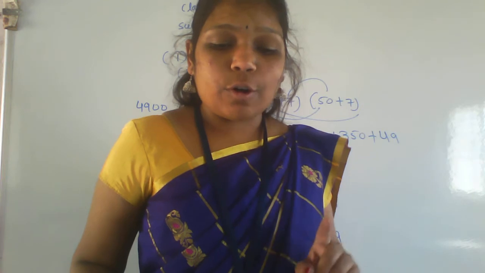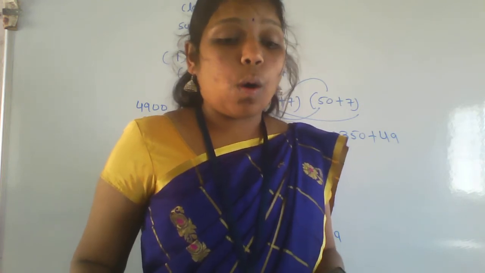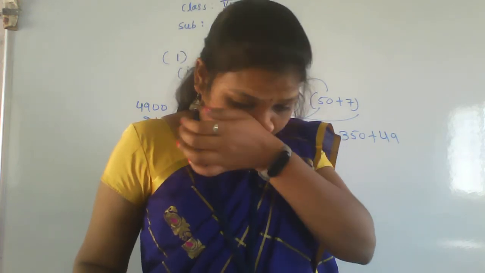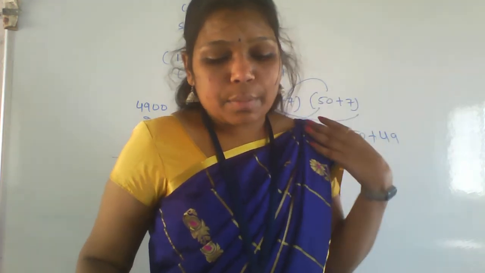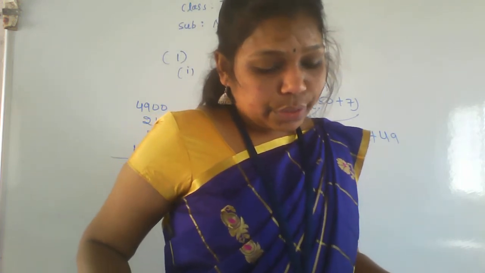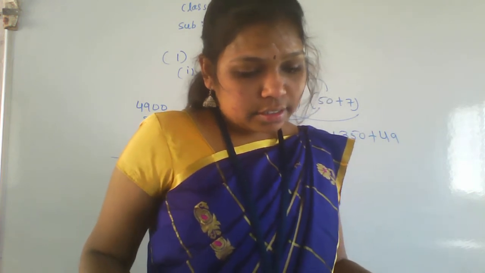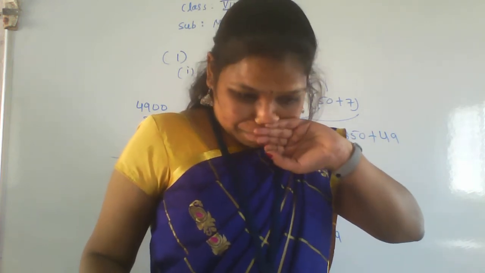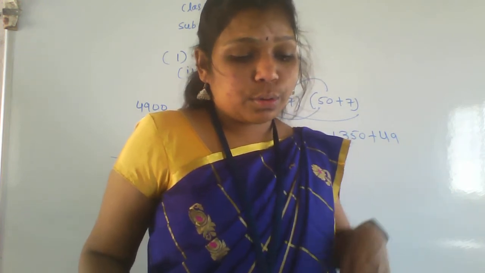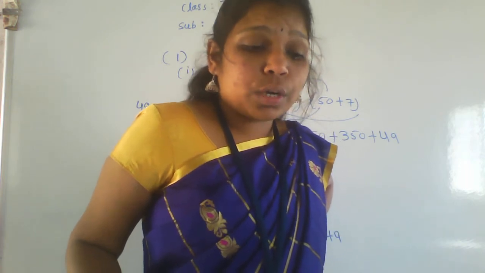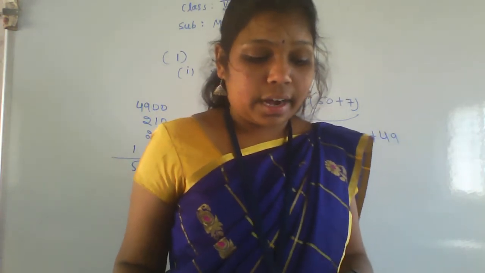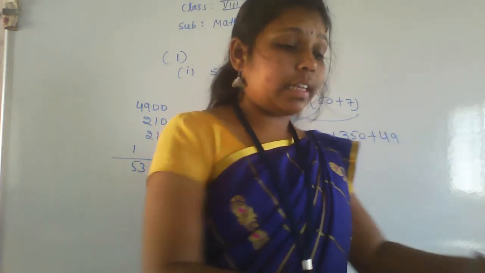Find the square of the following natural numbers using the Coleman method. You have to use the Coleman method to find the square of the given number. What is the Coleman method? Do you have any idea? It is a square, 2ab, b square, like that we have to do, if it is a two-digit number. That is a square, 2ab, b square. At the end you have to write all the numbers.